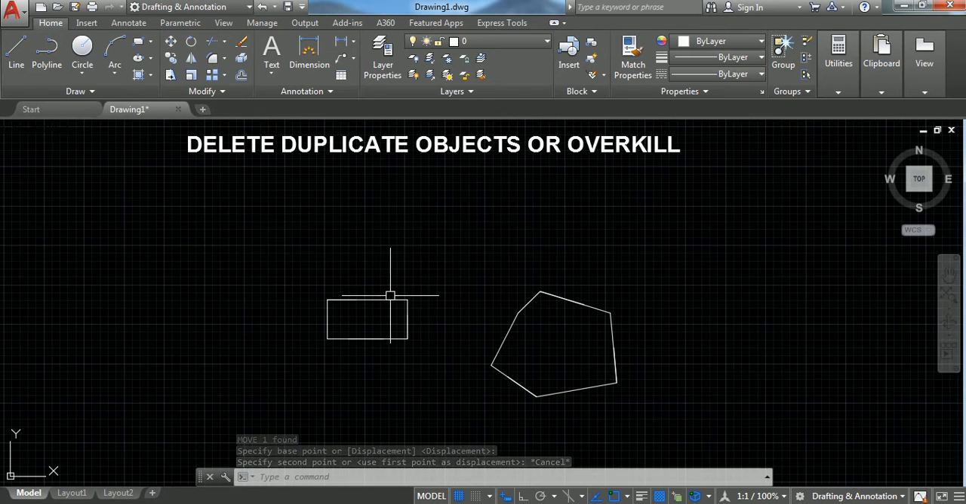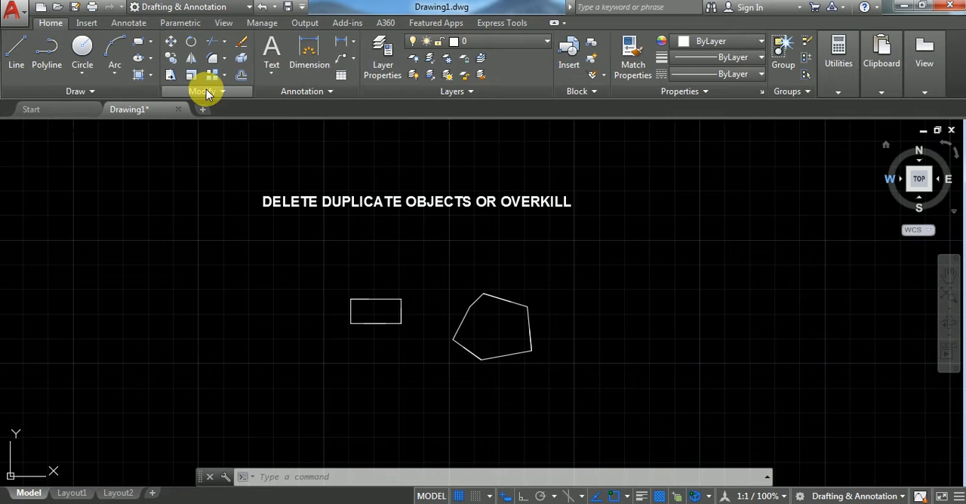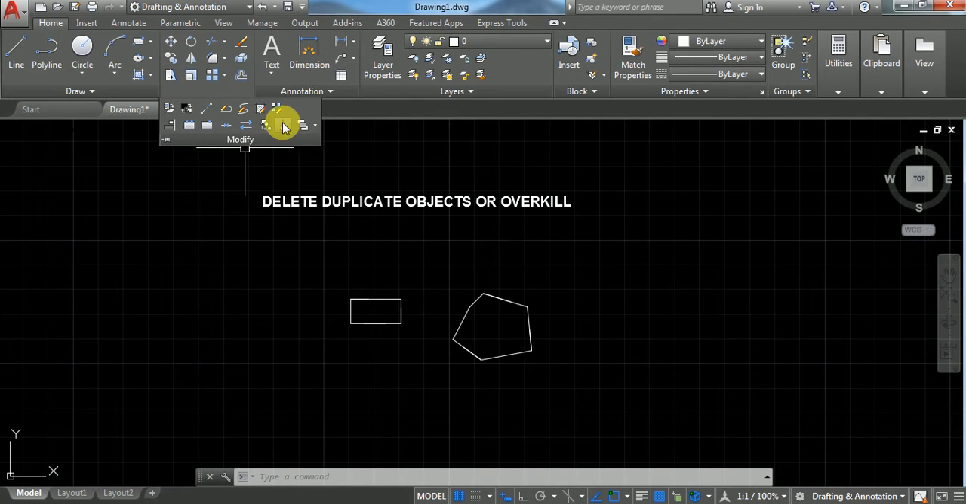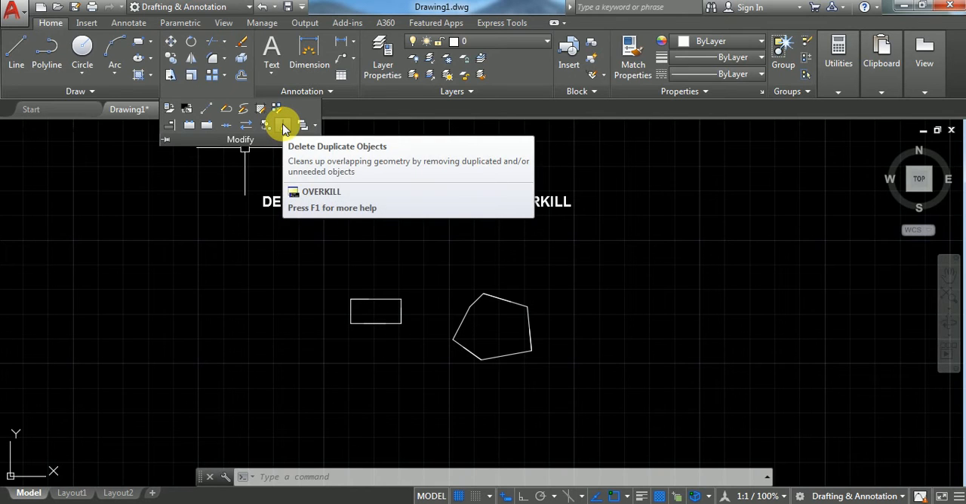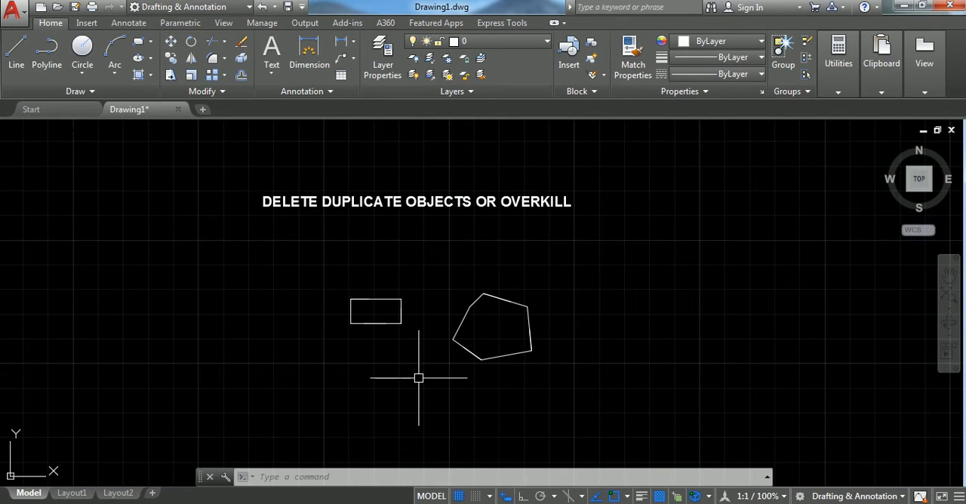To use the delete duplicate objects command, click the Home tab, then the Modify panel. The symbol of delete duplicate objects is here. Otherwise, in the command line, the shortcut for overkill is OV, and then